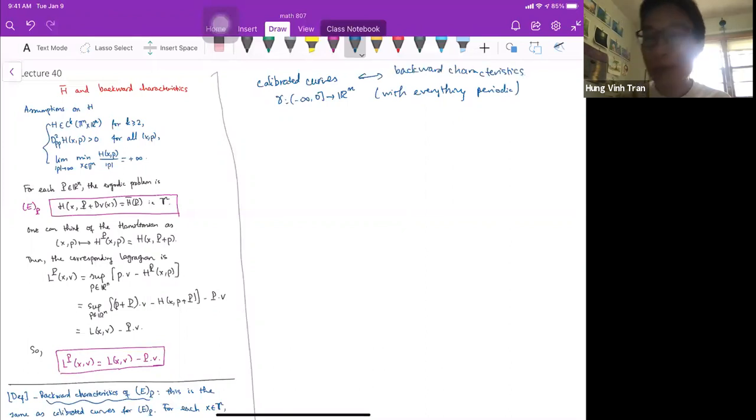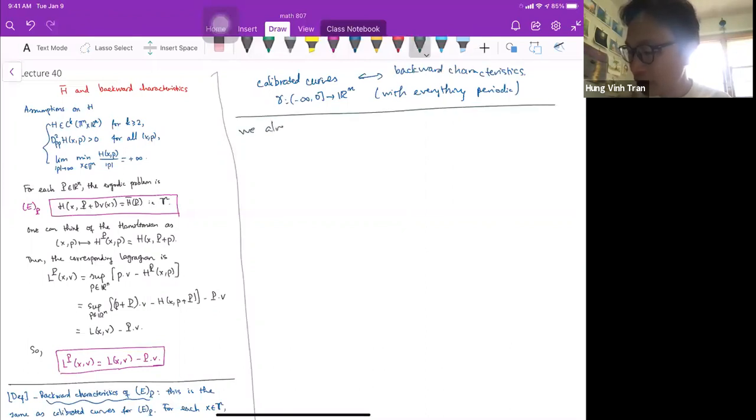We already used gamma, right? Used gamma dot and averaging